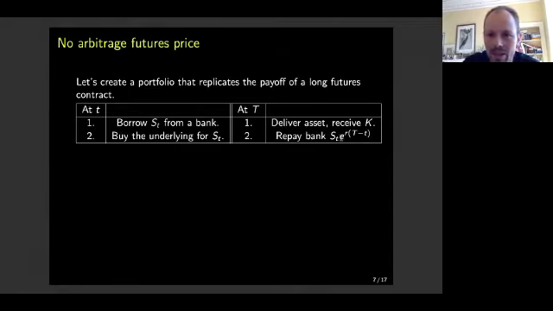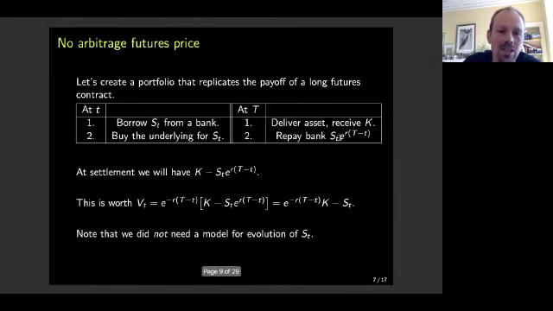bank, and there is this exponential with R, which just says, well, there is some interest rate. The time went from little t to capital T, and with some interest rate, I have to repay the bank a little bit more if the interest rates are positive, which is not a priori a given. Right, so what does that give me for the price of the futures contract? Well, at the time of settlement, I've received K, and I paid what I borrowed with interest back.